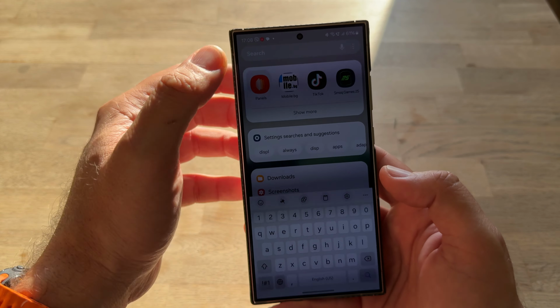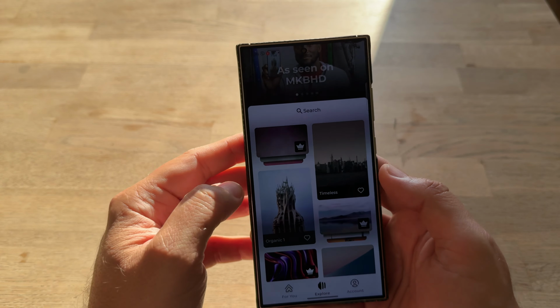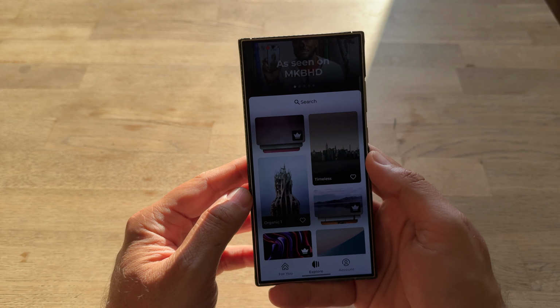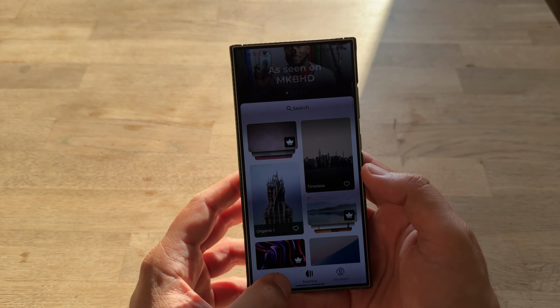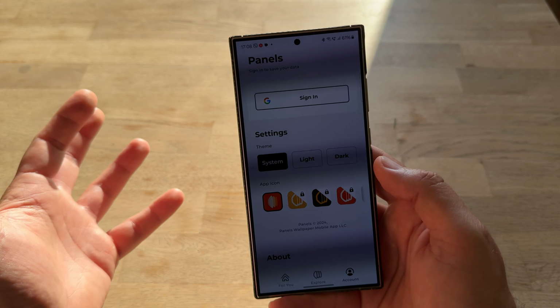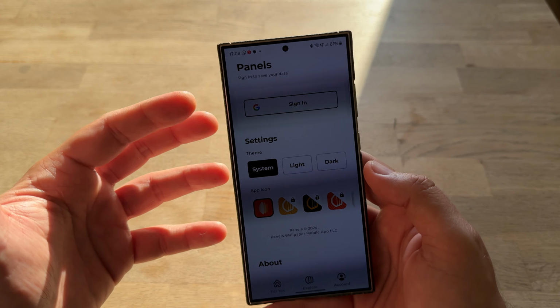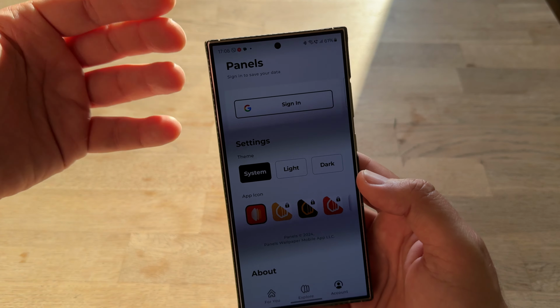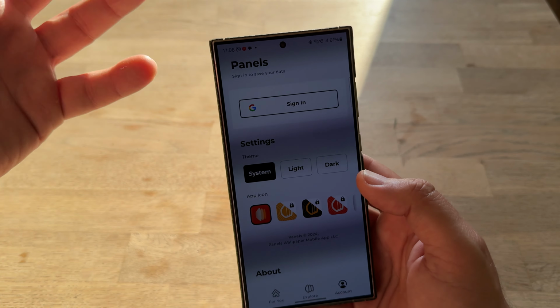So now let's try to open Panels and see what they really did, because again, it was very bad, or it was bad at the start, but now according to Marques, it has been really redesigned. So now, as you can see, I am not using any login. One of the biggest concerns people had with this wallpaper app was that apparently when you use it specifically on iOS, it would seem that it requires your location and some other sensitive data.